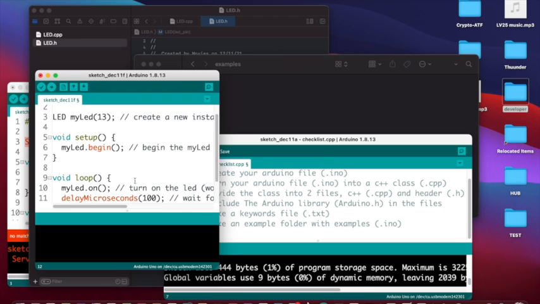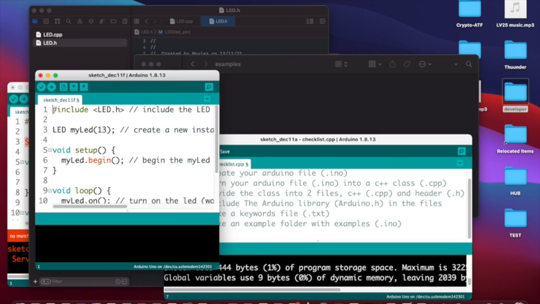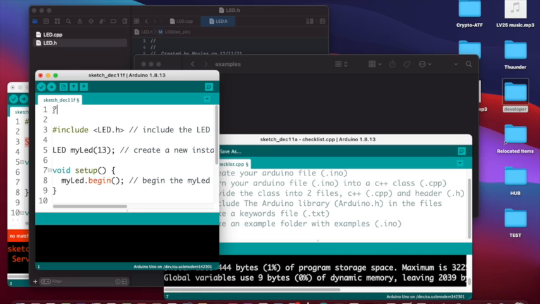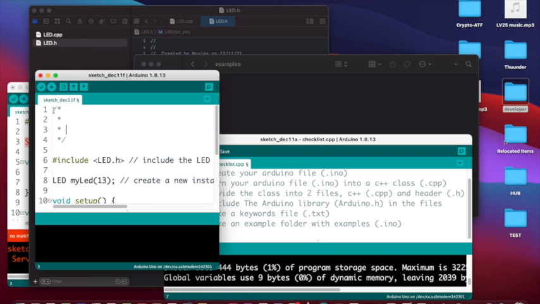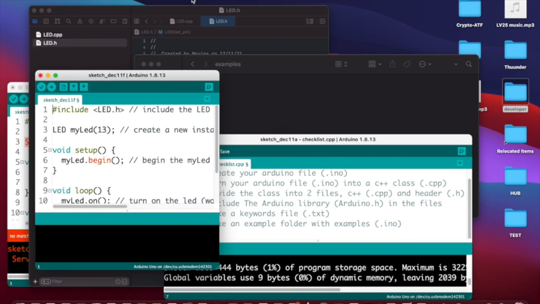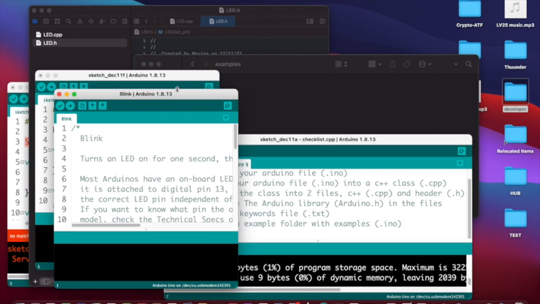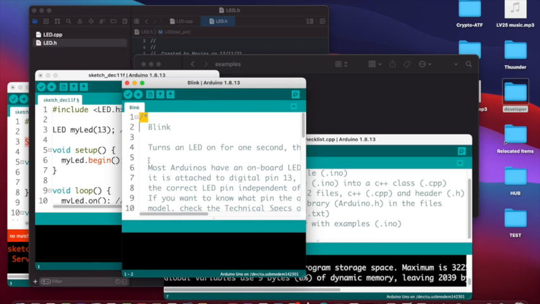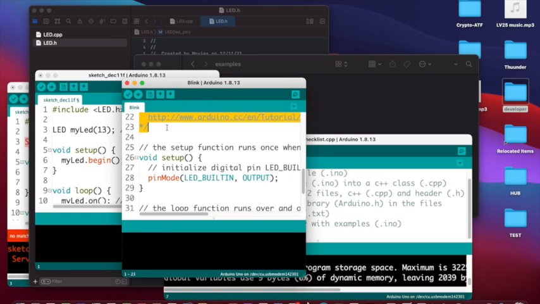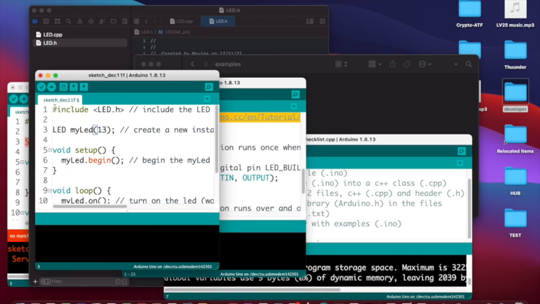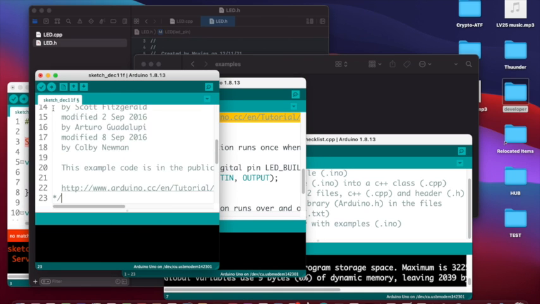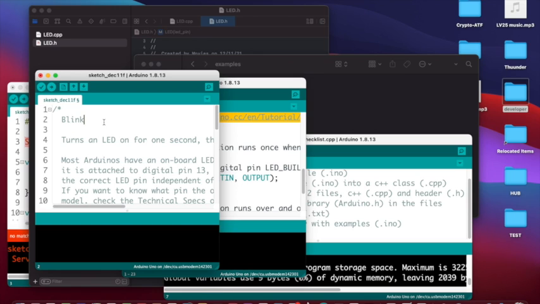And then we can add any credentials up here, like going like this. And I'm going to use a certain way of doing it. I like going to another example from someone else. Examples, basics, blink I'm gonna do because this is what we're doing. Copy all the credentials that they have here. And now you give it a name. Blink using